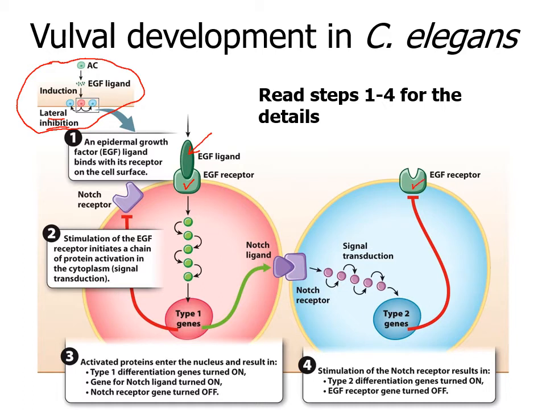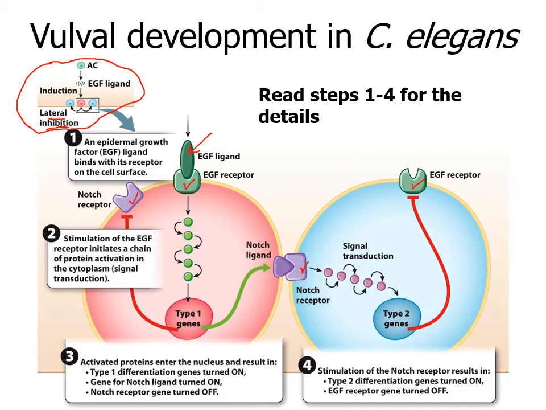They have the EGF receptors already in them. So that was part of earlier development. They also have another receptor called the Notch receptor. And look, both cells have the Notch receptor to start. So the EGF can bind to both EGF receptors, but because there's more of it around the cell that becomes